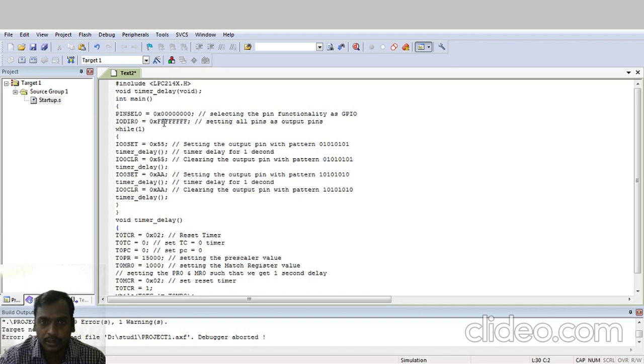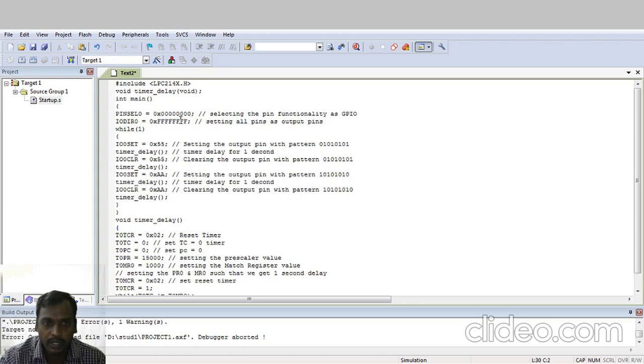In int main itself we have to write some statements, that is PINSEL0. That means selecting the pin functionality as GPIO. Already I said GPIO means general purpose input output function. Initially PINSEL0 clears the pin value, so it performs the GPIO operation.